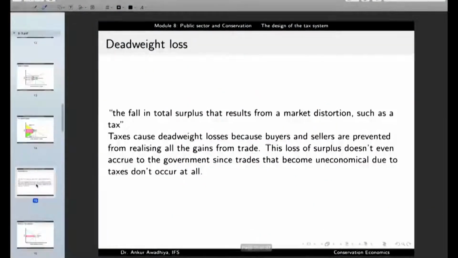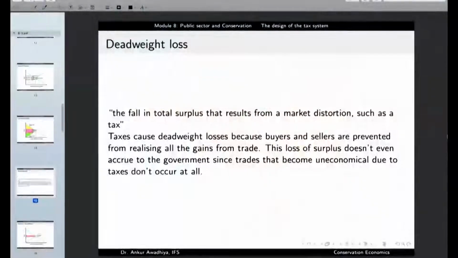And we saw that deadweight loss is the fall in the total surplus that results from the market distortion such as taxation. So what is happening here is that if the government does impose a tax, then it distorts the market. We saw that the earlier quantity demanded or supplied in the market was large, and after the imposition of the tax, the market shrinks. So this is a distortion in the market. Now, any such distortion in the market is going to reduce the total surplus that is there in the market. And this reduction in the total surplus that results from a market distortion such as taxation is known as a